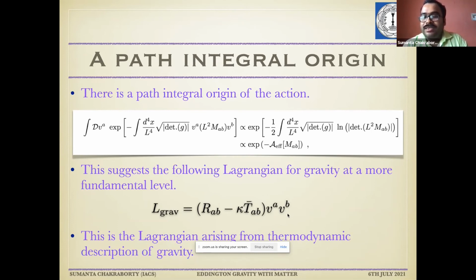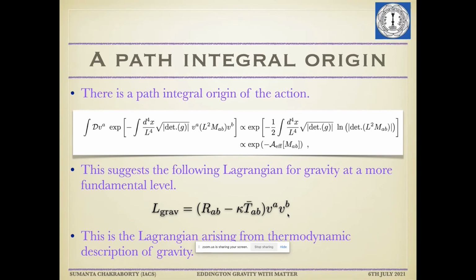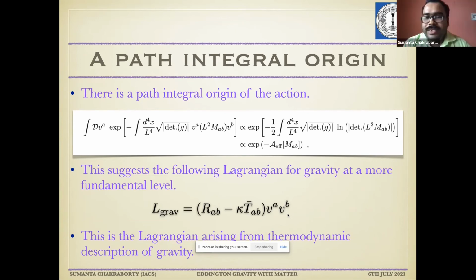This is just like if you set c, G and h bar to 1, like in natural units, then this L would be unity. But if you want to keep track of the dimensions of your objects, there would be such a length scale L. Okay, so would the choice affect any thermodynamic quantities? Not really, because L squared is multiplicative. What we need is this M_AB V^A V^B, which I have written below as L_grav. So whether L squared is present or not, the interpretation for this term still remains.